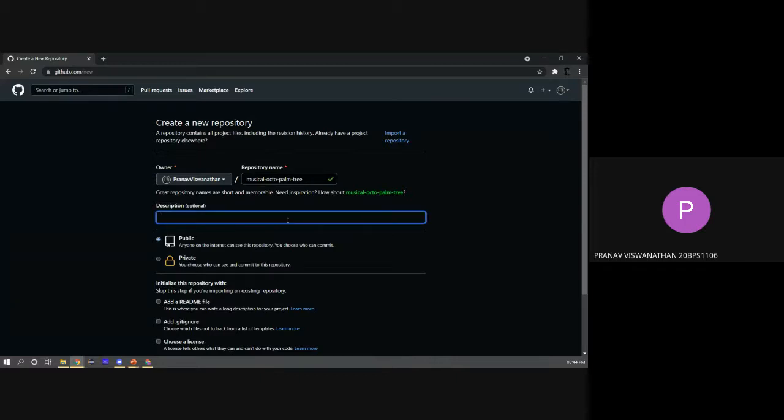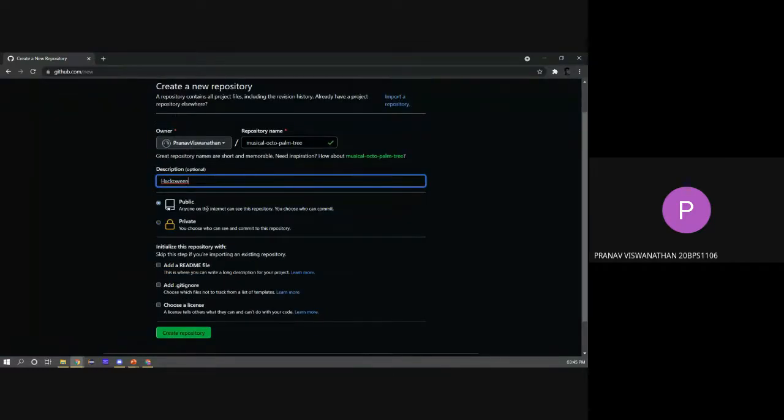You can add a description of your repository. It's not necessary to do it at this moment, but if you want to, you can. For now, I'm just going to say Hackoween. Then you have the visibility of your repository, which can either be public or private.